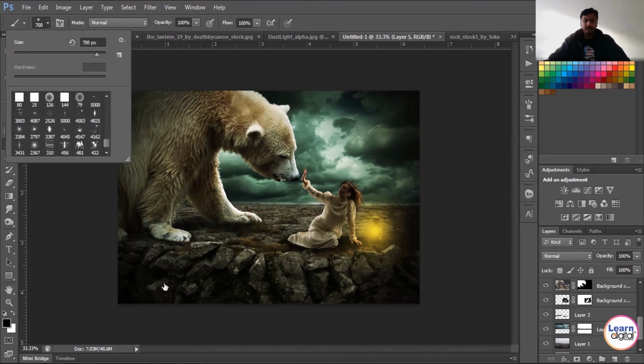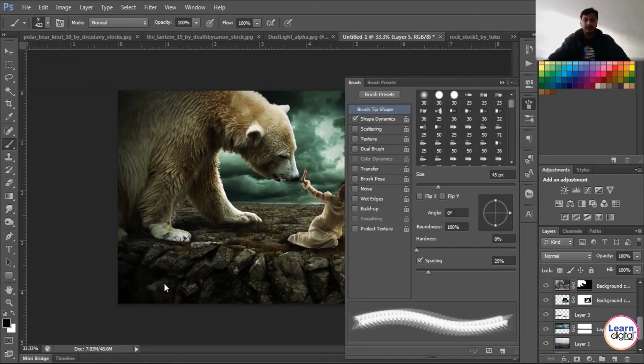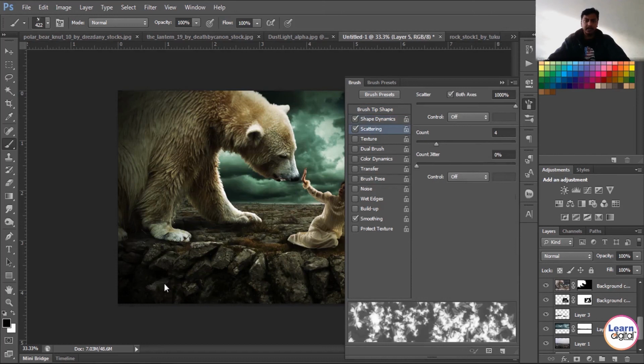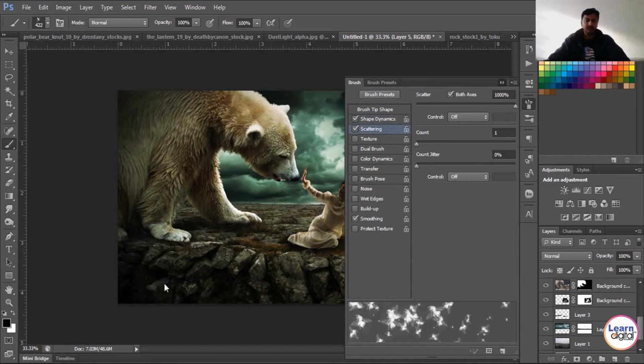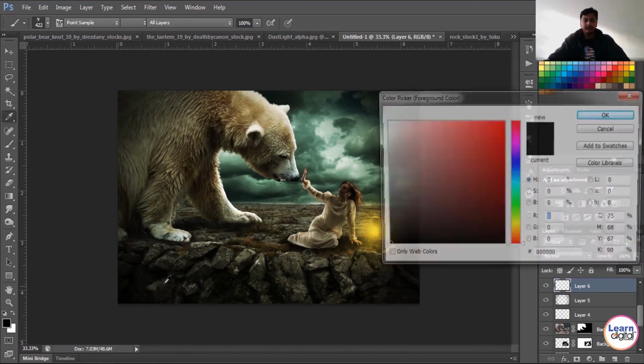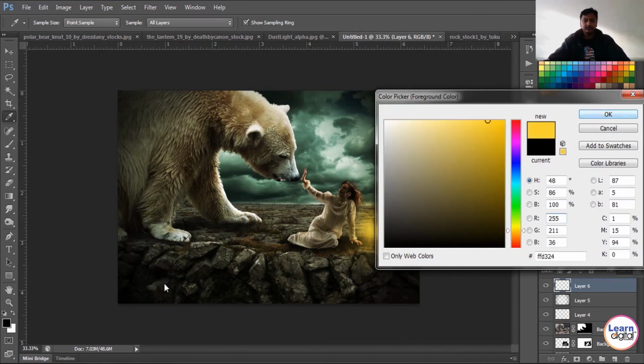Then again a few more changes. You will get a lot more brushes actually. You can download them and install them in Photoshop. Here I'm using some flies and bees. These are your brush presets and brush settings like shape dynamics, scatter, transform, each and every individual thing you can change. As it is an evening scene, a dark night scene, I'm adding some bees over here. Maybe bees, flies or some flying insects.